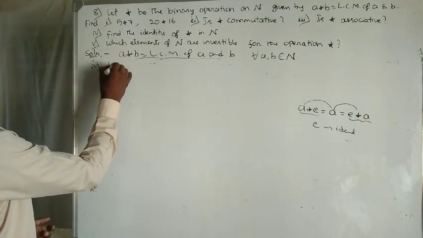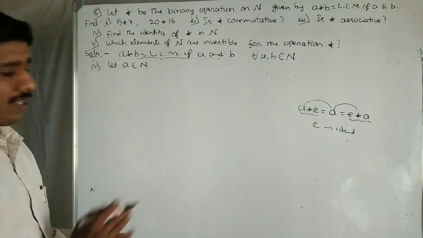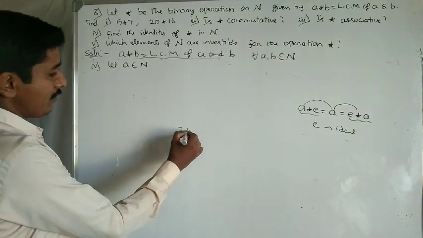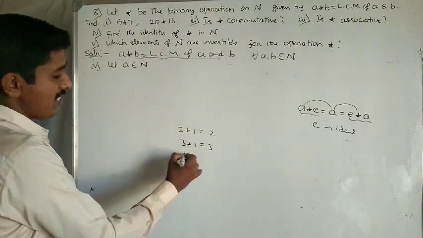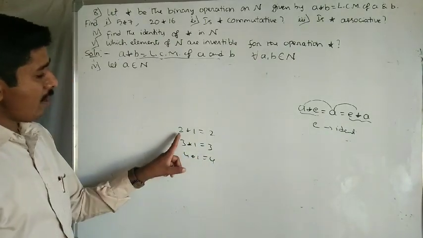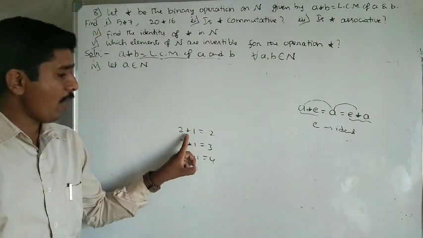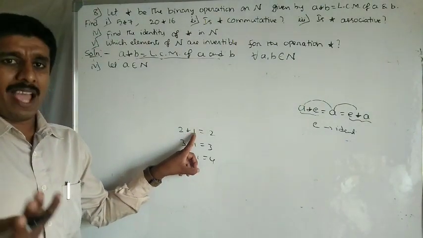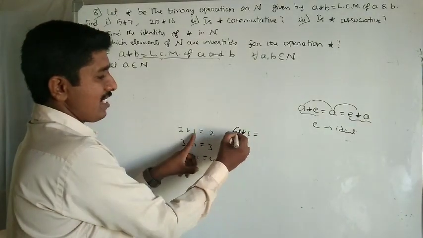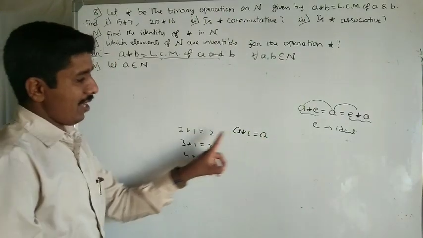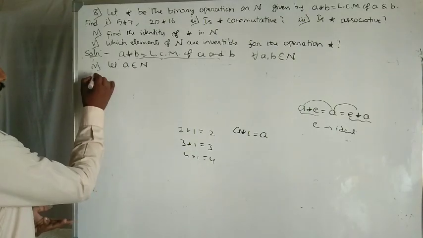Fourth one, let me take A belongs to N. So one thing, mind it: the LCM of 2 and 1 is 2, correct. The LCM of, suppose, 3 and 1 is 3. The LCM of 4 and 1 equal to 4. The LCM of any element with 1 equals the element itself with respect to operation star. Therefore here you can say that 1 is the identity element. LCM of any element, suppose A star 1: the LCM of A and 1 is A into 1, A, that's it. Because this is 1, A into 1 is A directly.